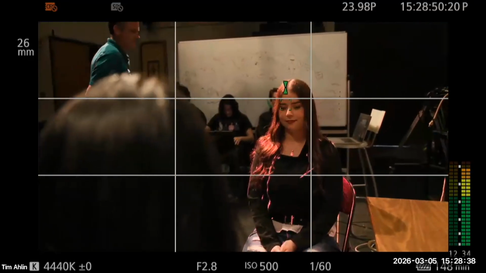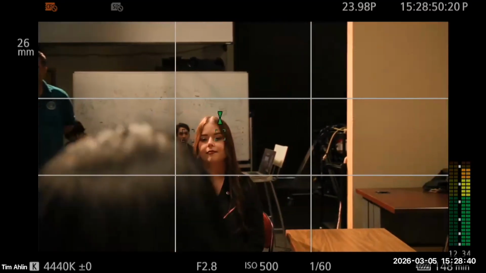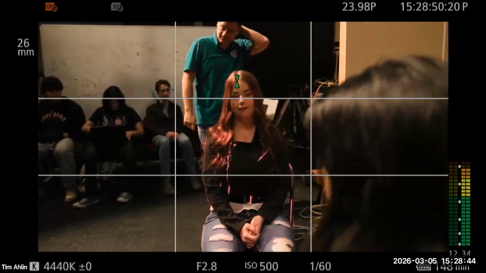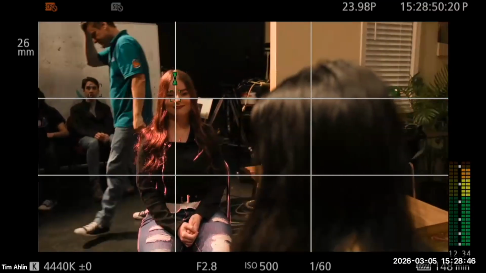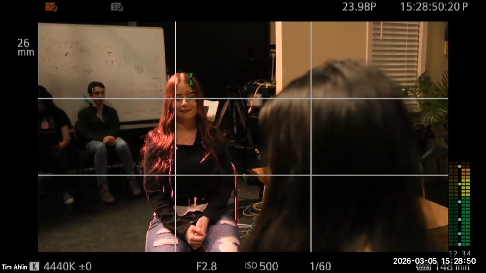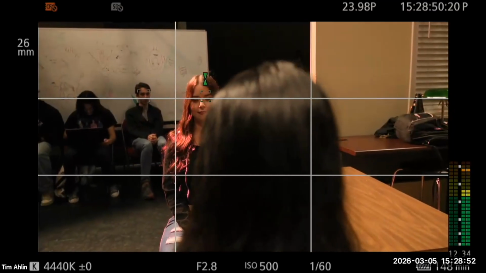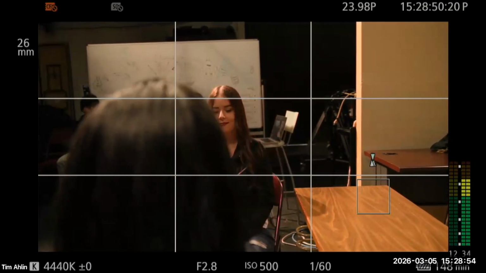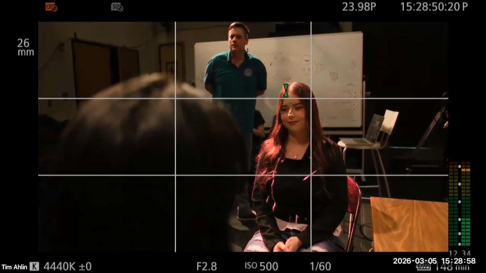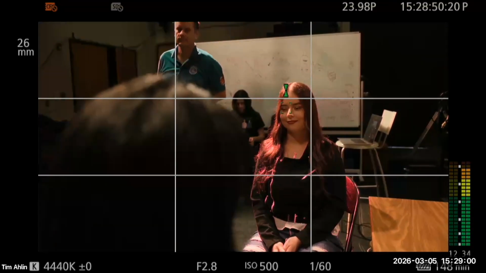So if we started with that wide shot and then we came and did the OTS on this side, so we're framed correctly here, we can actually have a moving camera where we see the movement from one side to the other. And now we've just changed the 180-degree line, and now the camera can go on that side.